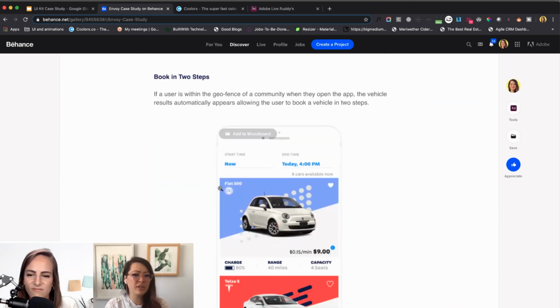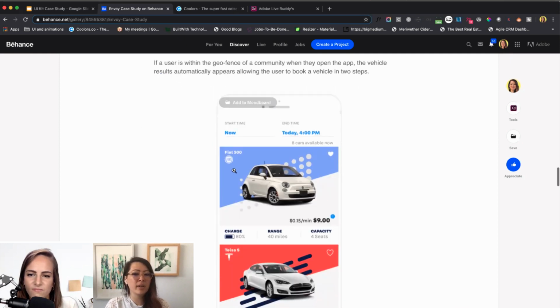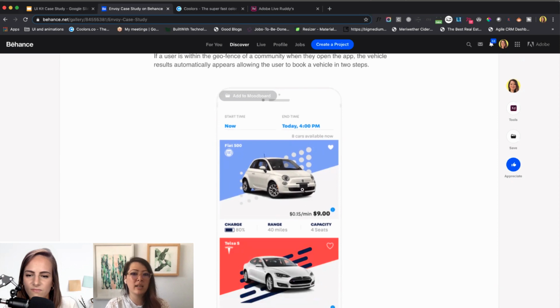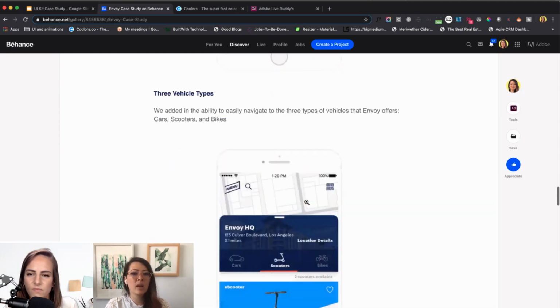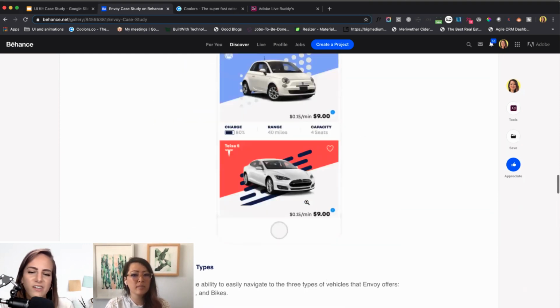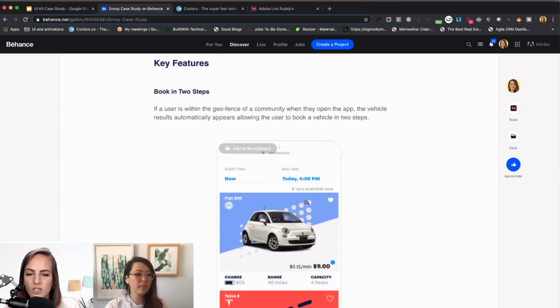And then here I talk about the features, like here are all the things, you can book it in 2 steps. Here I would definitely want to see GIFs of how those booking in 2 steps work, like boom, boom, boom. You can easily add that. 3 vehicles. And sorry, real quick, I actually prefer GIFs over clickable prototypes in Behance, your portfolio work, because sometimes you don't know if it's clickable, and then you're like, oh, where am I supposed to click around if it doesn't have the hotspots that appear, showing you where to click. So just give me a little movie file, super quick, of you doing it, because you are the person that created it, and I can see it very quickly.